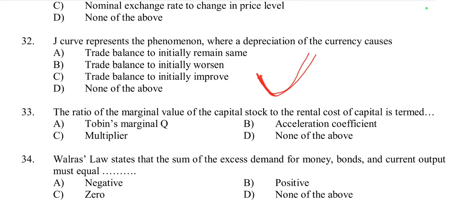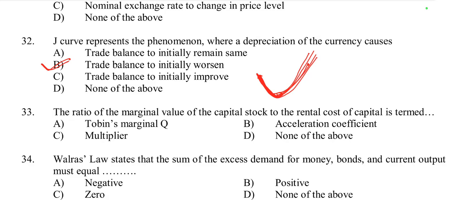First, when depreciation occurs, it worsens the economy, then it improves. First worsen, then improve. So the trade balance initially worsens, then improves. Initially it worsens the economy, because the J curve effect describes how a country's trade balance responds to currency